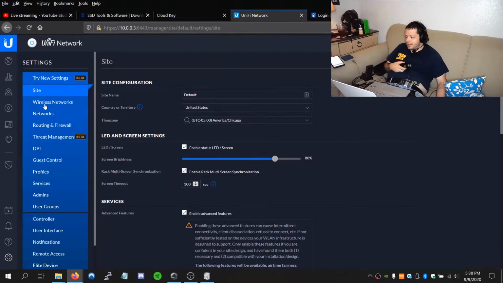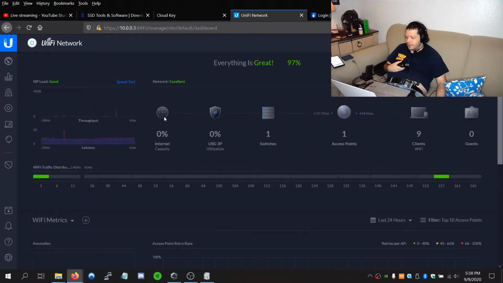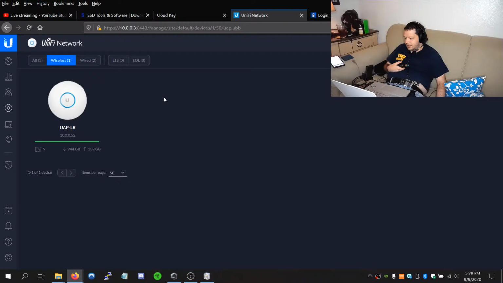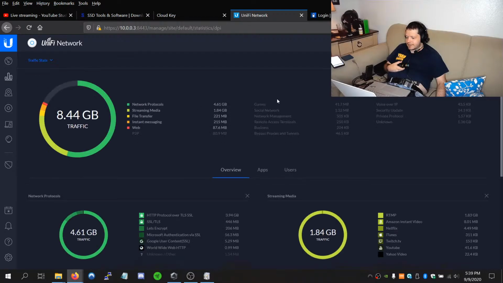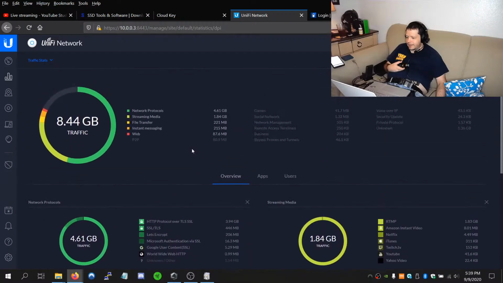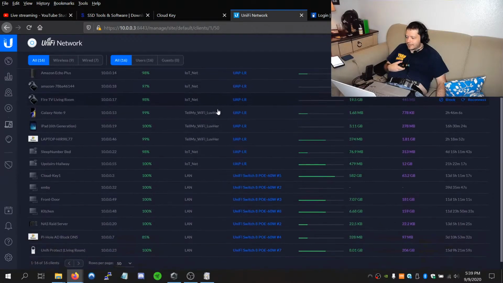So anyway, this is the Unify network. This is the dashboard, kind of cute. It tells you everything's great, how many access points you have. This is what they look like. Statistics, all the web traffic. I think I have deep packet inspection turned off. All the clients,